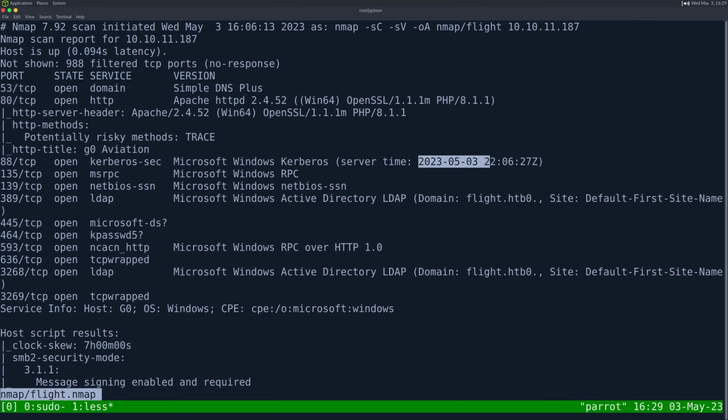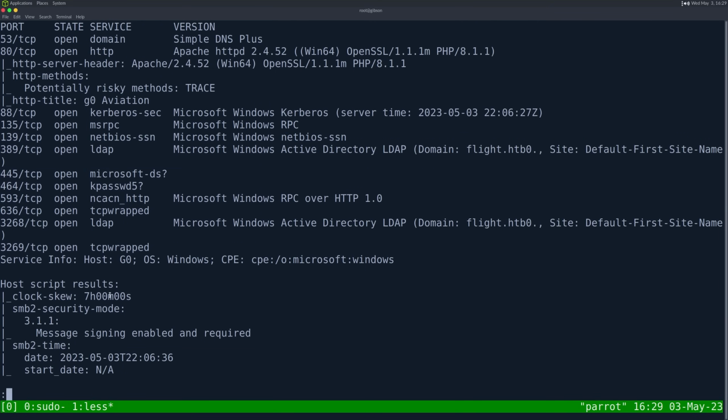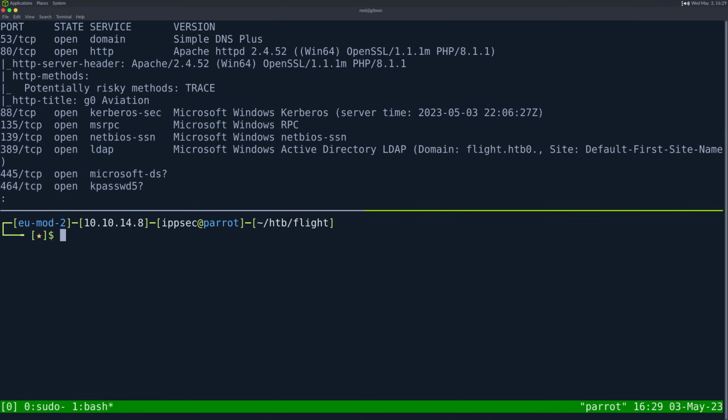It tells us the server time. We went over LDAP already. And then the last thing is there is a 7-hour clock skew. So if we're doing anything Kerberos related, we're going to have to fix our clock time because this is outside of the norm and Kerberos would fail. So we want to add flight.htb to our hosts file. So let's do sudo vi /etc/hosts